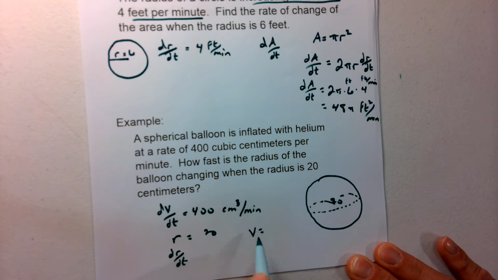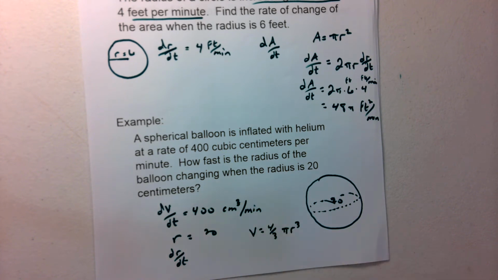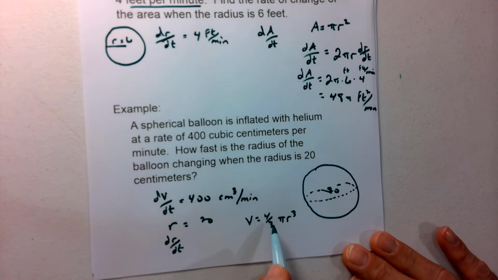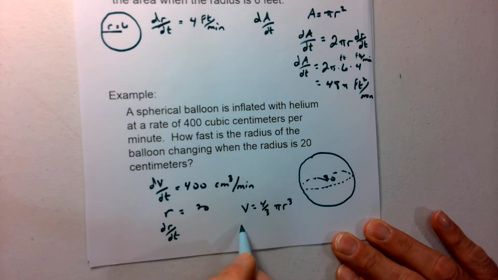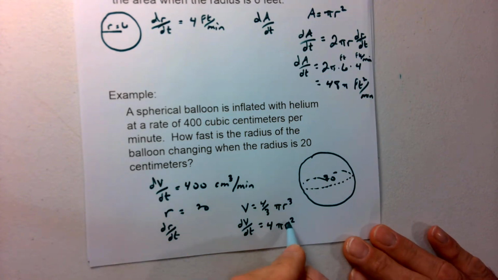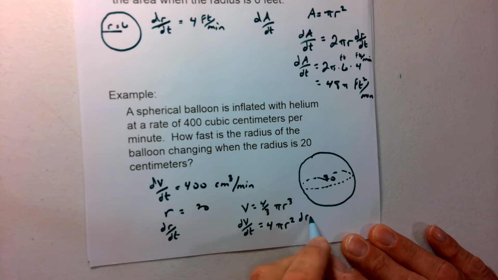I just happen to know that volume is 4/3 pi r cubed for a sphere. If you're doing your note cards, you'll remember that as well. I can go ahead and now find the derivative with respect to time. So the derivative of V with respect to time is dV/dt. The derivative of 4/3 pi r cubed is going to be 4 pi r squared. Take the derivative of an r, so we need dr